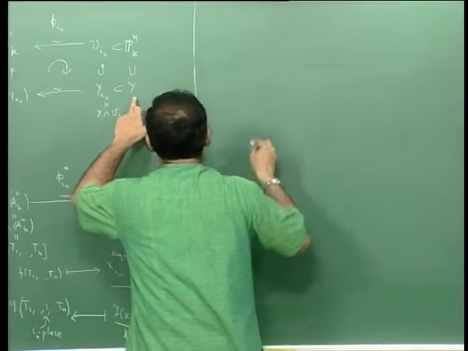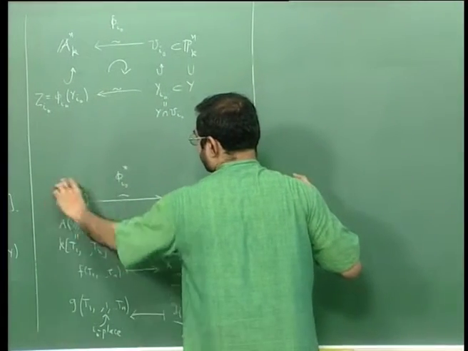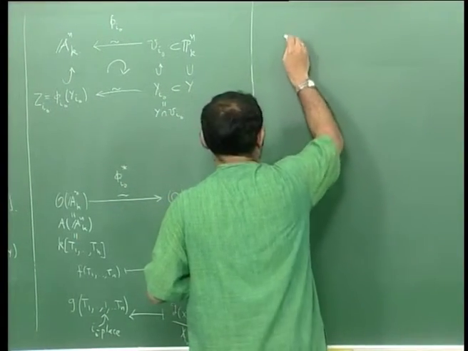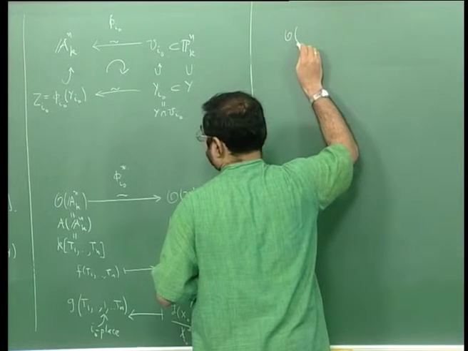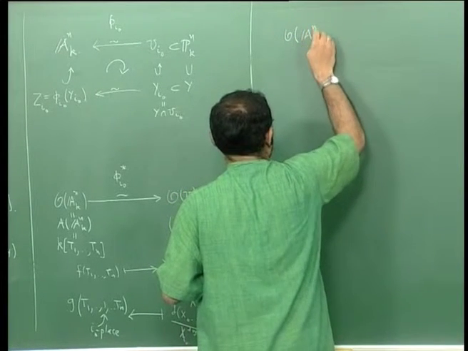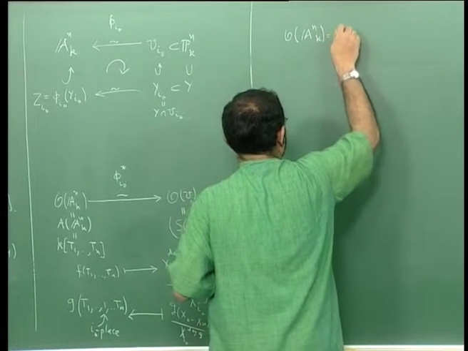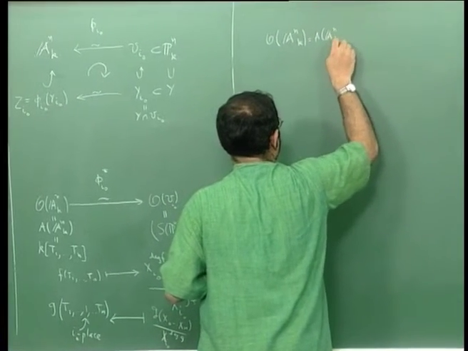So what is happening here, so let me write this part alone there. So I have O of A^n, which is A of A^n,